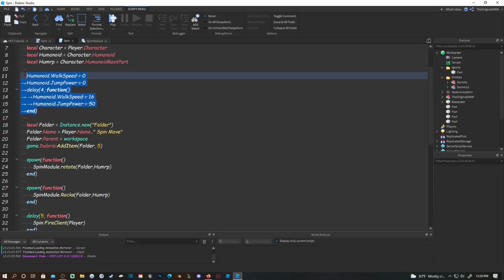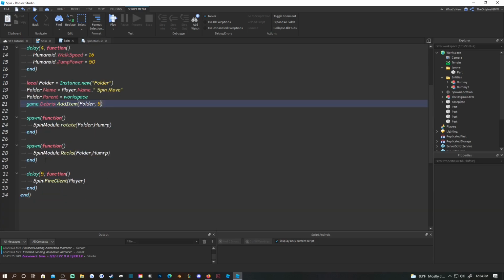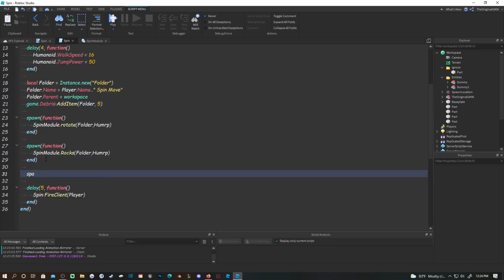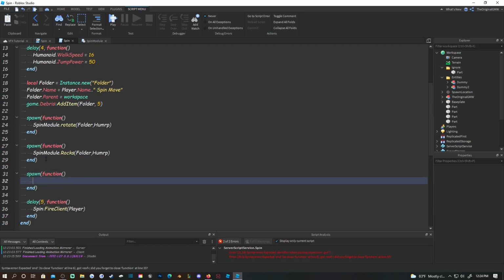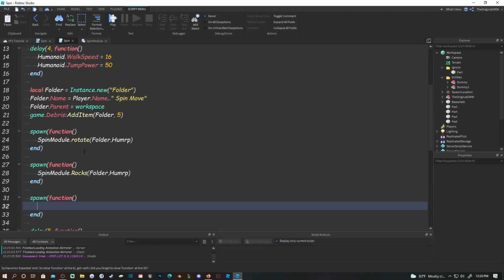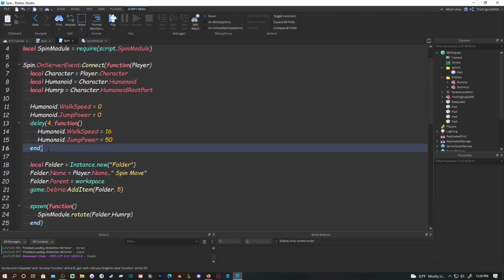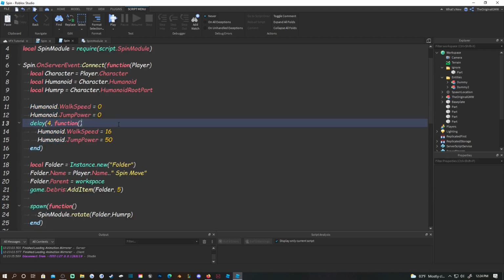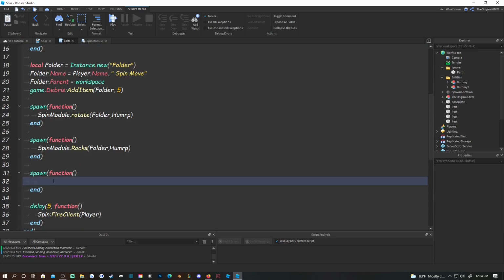So this should hold the player in place, and then after the move gets to 4 seconds out of the 5 seconds, you can move again. And then we're gonna do another spawn function. Let me scroll in just to make sure y'all can see this. So humanoid walk speed, and then a spawn function right here, and then we're gonna do spin module damage